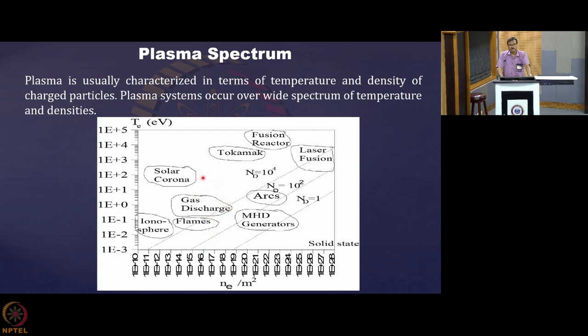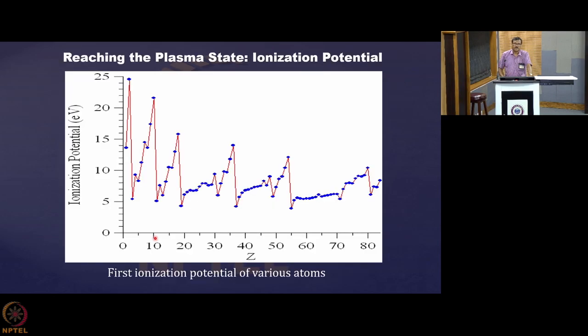Nowadays, there is also atmospheric pressure cold plasma discharge. There, because of very little ionization, you again get a number density of 10 to the 17, 10 to the 18 per meter cube. But it is a highly non-equilibrium plasma, where the electron temperature is quite high, maybe reaching 3 to 4 eV, but the gas temperature is quite low. You can touch it by hand, around 300 Kelvin. They are very interesting, and we will come across them as we move through the course.